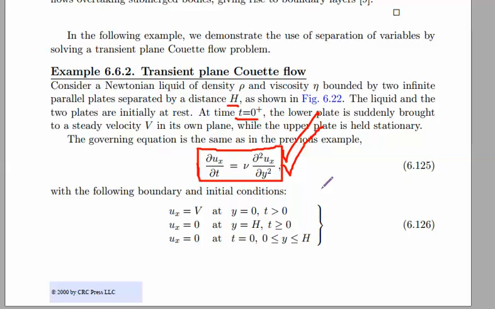In previous lectures you already discussed the homogeneous linear PDEs and the inhomogeneous linear PDEs. So now this is exactly the heat equation, but the space variable here is y, and time is also involved in this heat equation. So for this heat equation we have these boundary and